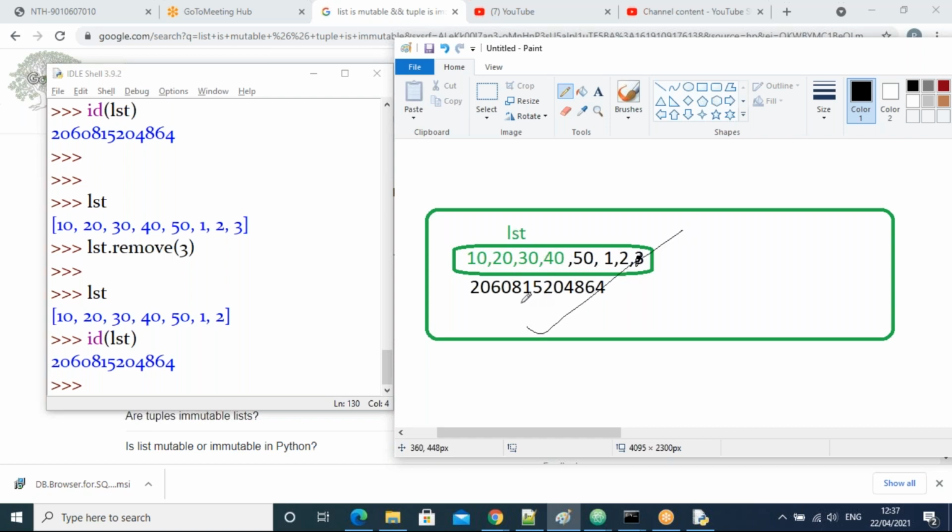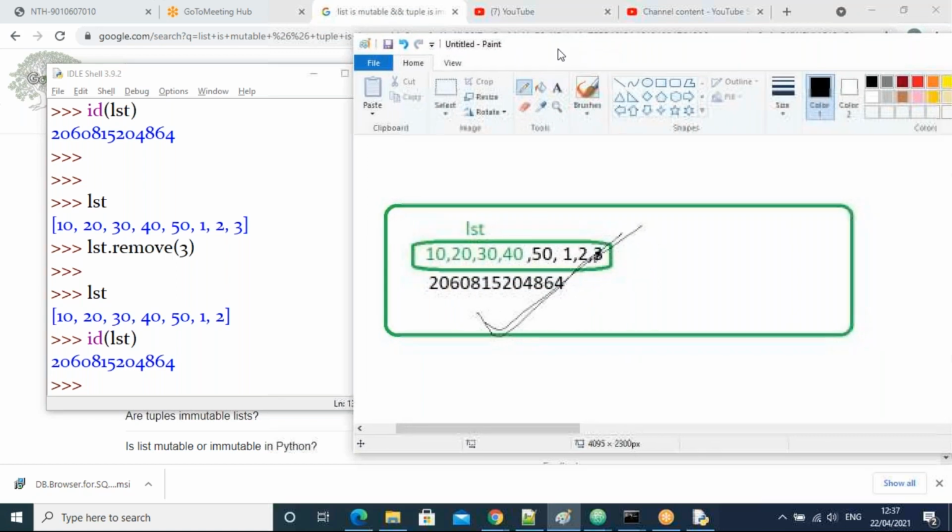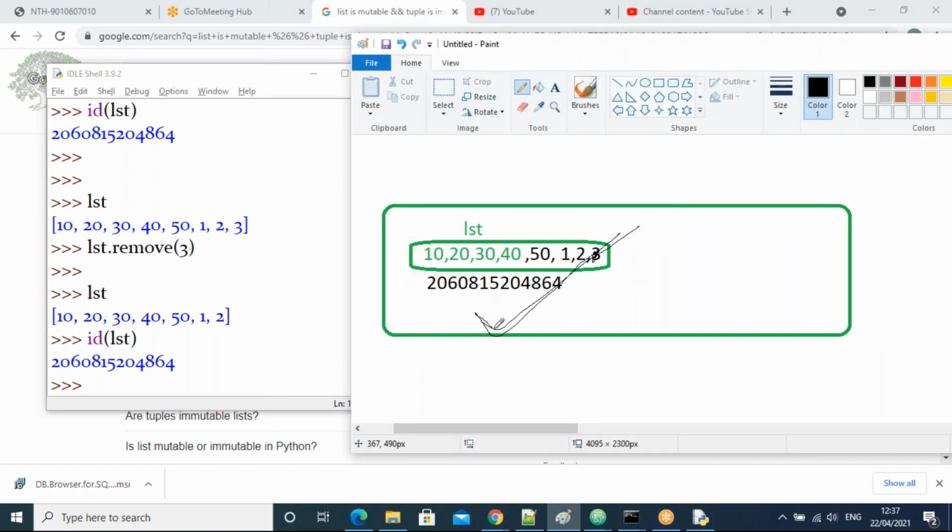After every modification, the same address will be there. That's why list is called mutable. Are all of you clear why list is called mutable, guys?